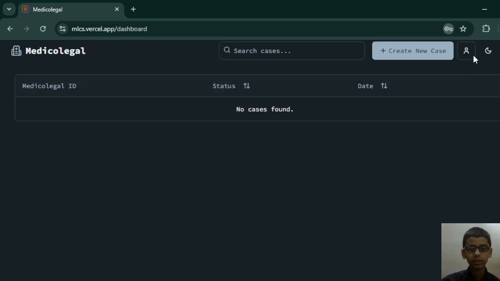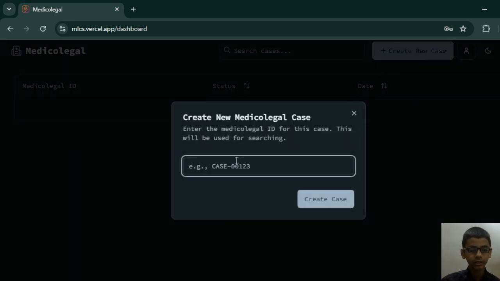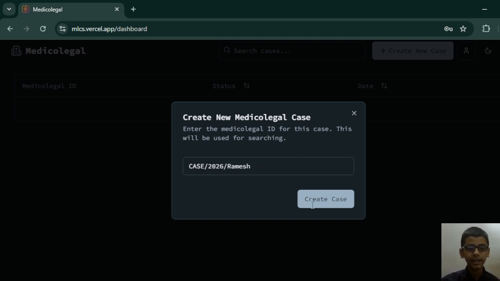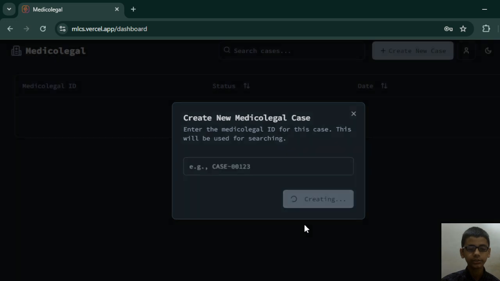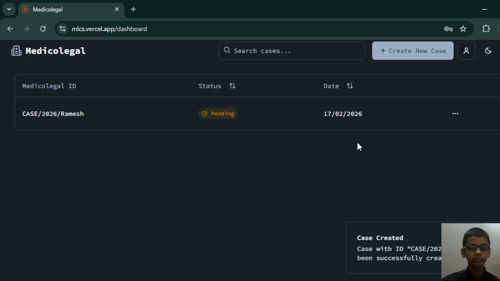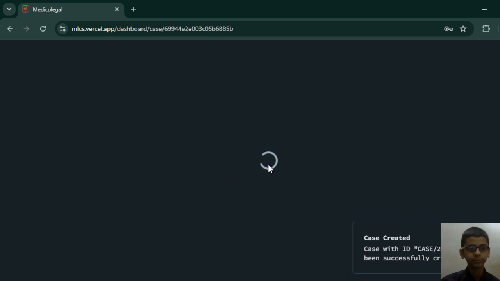Now we have successfully created the account, and let's create a new case. Here you have to give a medicolegal ID, and this ID will be used for searching, and you can write the format however you like. So let's say case slash 2026 slash Ramesh. This is just a sample ID, and there we can go and create a case. It is successfully created. Go to view details,